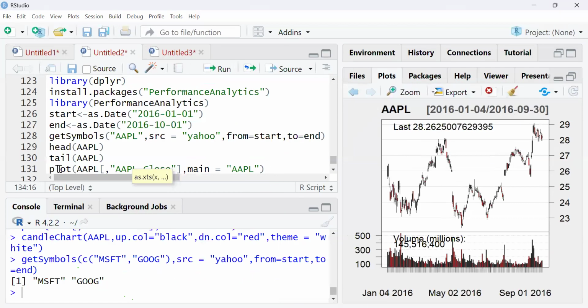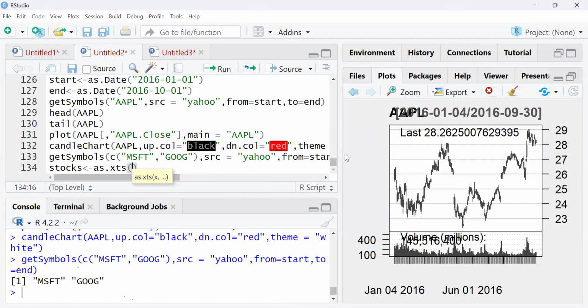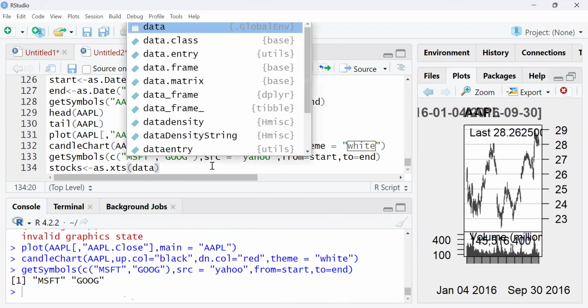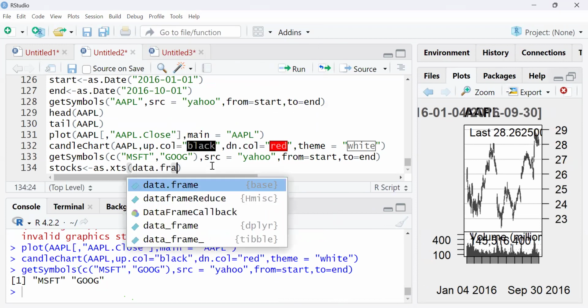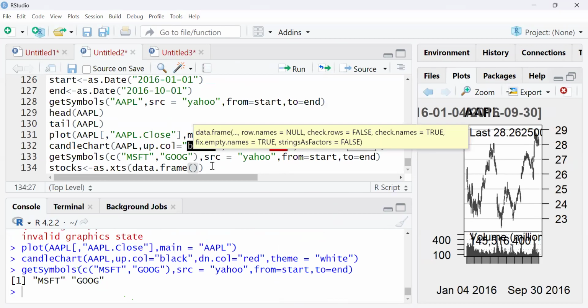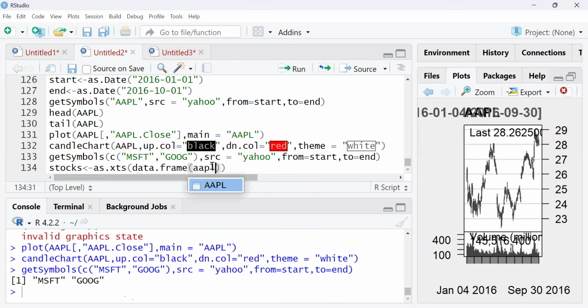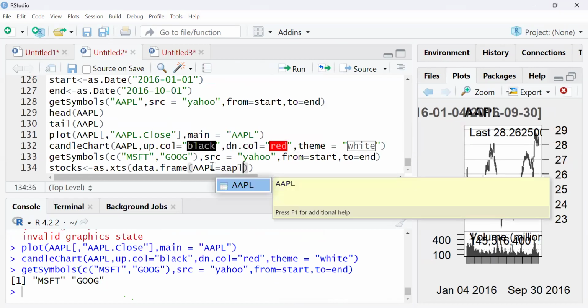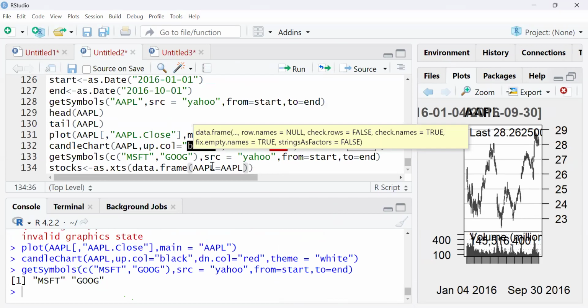I'll zoom in a little bit to show you here. as.xts, open the bracket, then type data.frame and open the bracket. AAPL, Apple, should be represented as Apple only. So AAPL is equal to Apple. Then open the bracket, press comma, and we'll take Apple